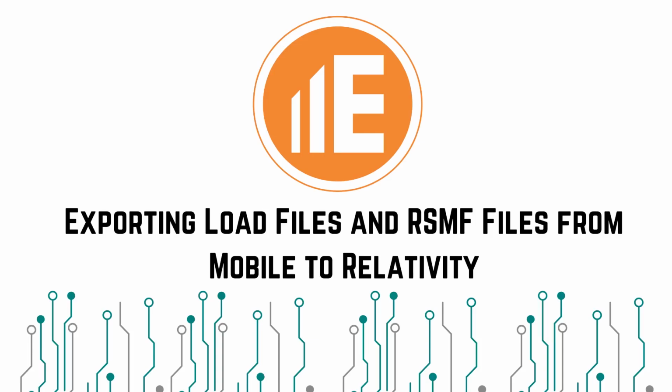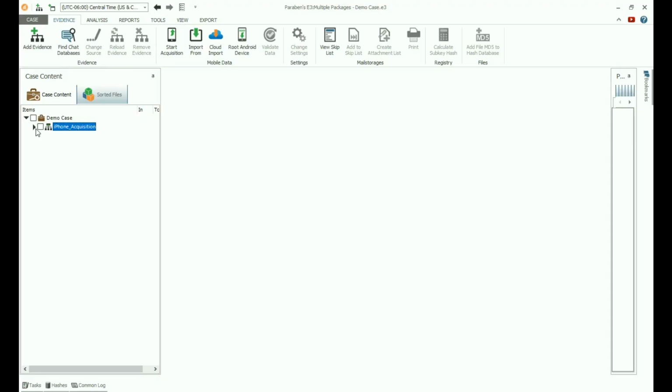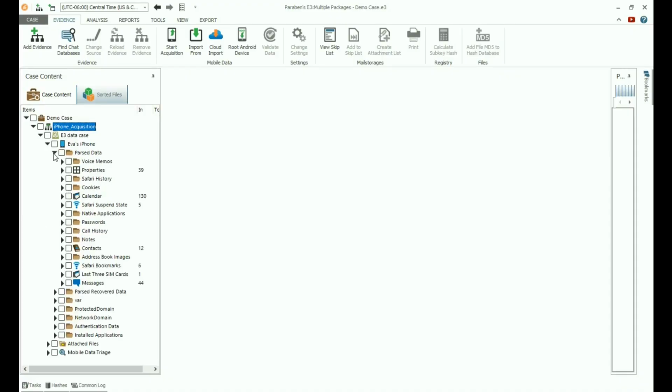Welcome to our tutorial on using E3 data with Relativity. There are a variety of options depending on what type of data you are working with. In this tutorial, we will focus on mobile data as an exported binary load file and mobile message data exported